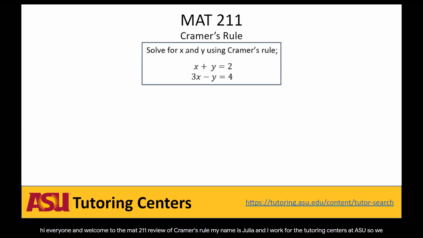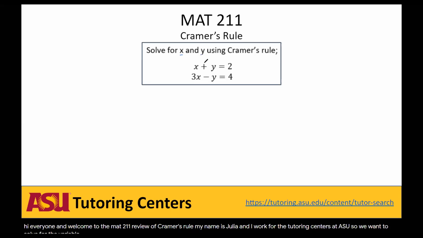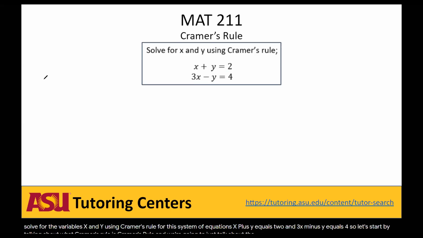So we want to solve for the variables x and y using Cramer's rule for this system of equations, x plus y equals 2 and 3x minus y equals 4. So let's start by talking about what Cramer's rule is. Cramer's rule, and we're going to just talk about the 2 by 2 case here,